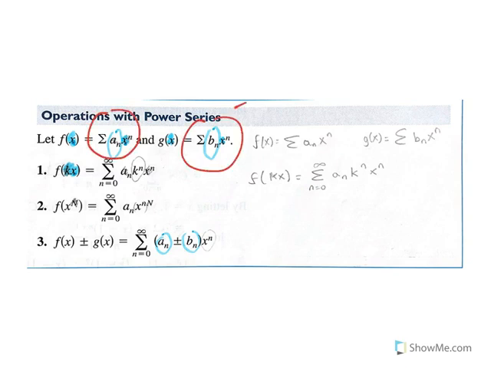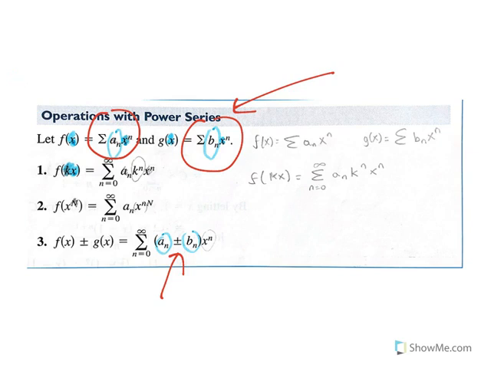So we're looking at properties or operations with power series. If you have two power series, what can you do with two power series? One of the operations you can do is add the two power series together. And the way you do that is you isolate x to the n in the nth term of each power series, and then you would add the nth terms of the two power series and factor out the x to the n. So for example,